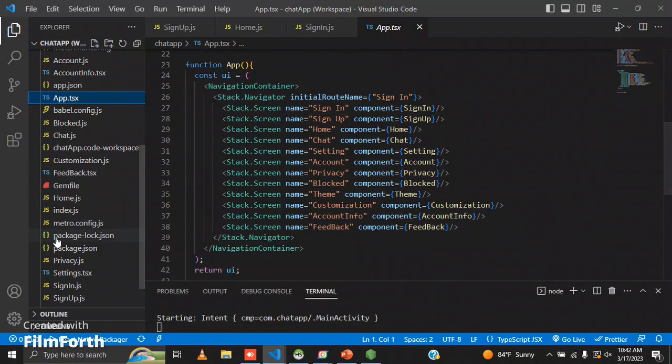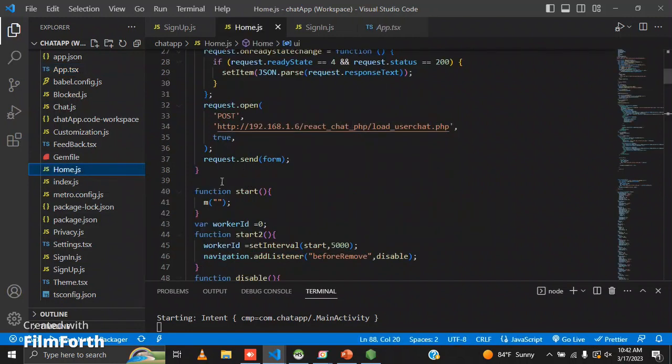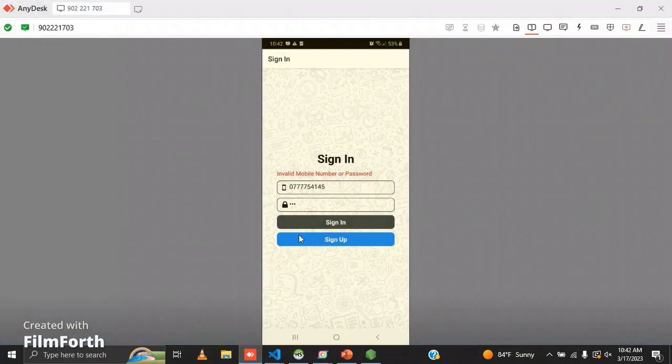Back. So today I'm going to show you guys the home page, the home screen of our chat app. First I will be showing the sign in. I have given some details in it from the database, and the password. Now I'm going to tap the sign in button,